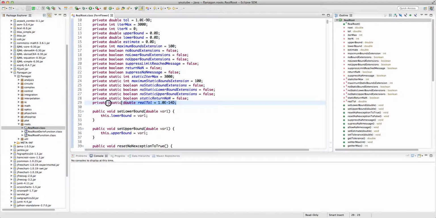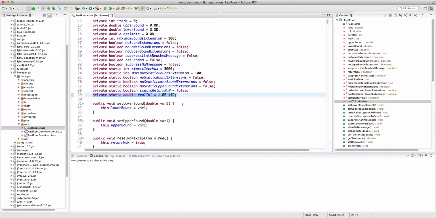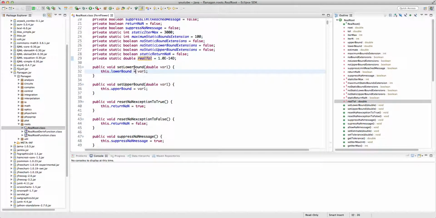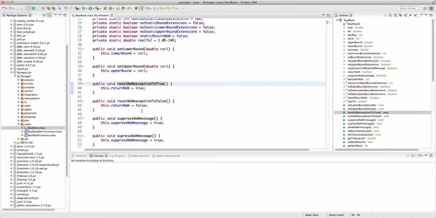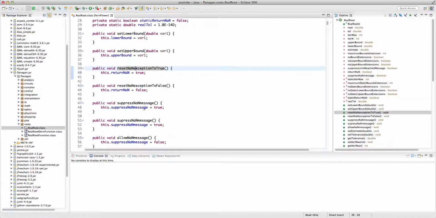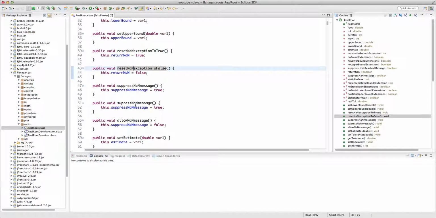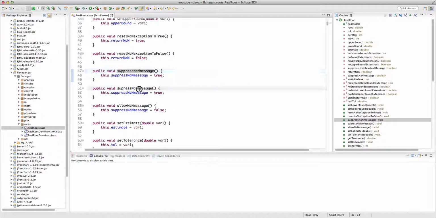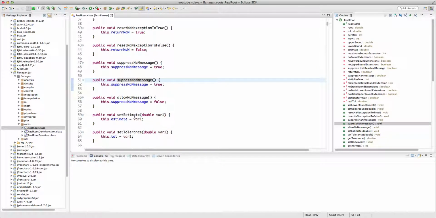No static bound extensions, no static lower bound extensions, no static upper bound extension, a static return NaN, real tolerance 1e-14. So this is the actual or real tolerance that it uses to see whether or not the root has been found. If you recall, we set it to 1e-15. So here it's set to 1e-14. There are some setters for most of these parameters: set lower bound, set upper bound, reset NaN exception to true, reset NaN exception to false, suppress NaN message,